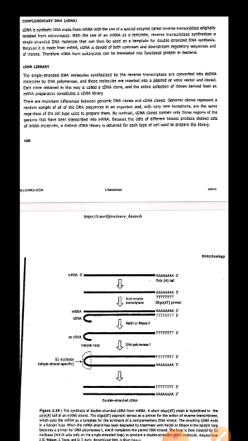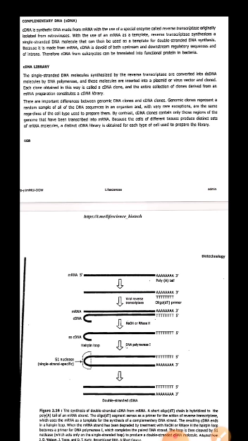Firstly, what is cDNA? It's complementary DNA which is synthesized from messenger RNA, mRNA, with the use of a special enzyme known as reverse transcriptase. As we know, what is the reverse transcription process? It's the making of DNA from RNA. What is transcription? It's the making of RNA from DNA. And if we talk about reverse, it means the process is reversed, so we are making DNA from RNA.